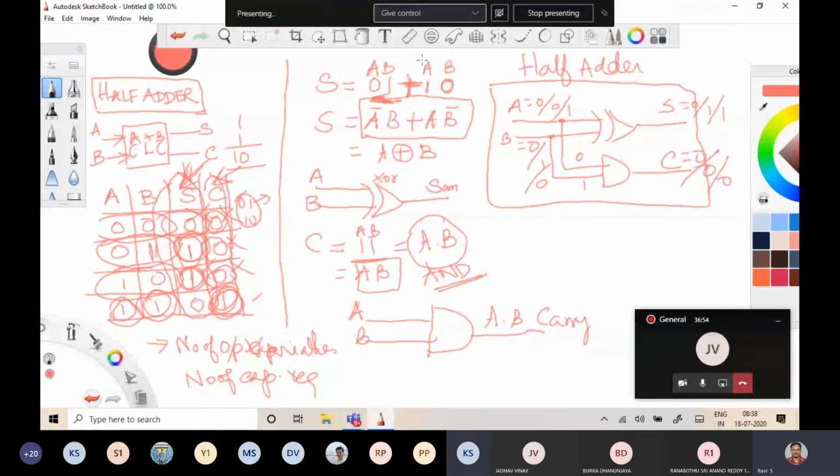Now you apply the last case, A as 1, B as 1. The same inputs are applied to the exclusive OR logic. Exclusive OR will give 0 whenever the same kind of logic is reached. But the AND logic receives 1, 1 as input. When both inputs are 1, AND will give the output as 1. So now you are generating sum and carry for the 4 possible cases of input: 0 0, 0 1, 1 0, 1 1. So this circuit generates proper sum and carry, correct?